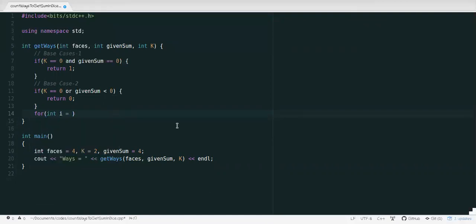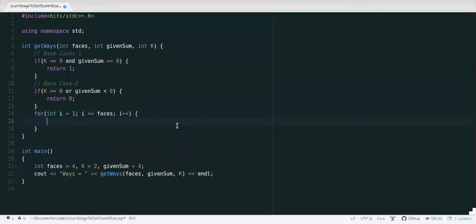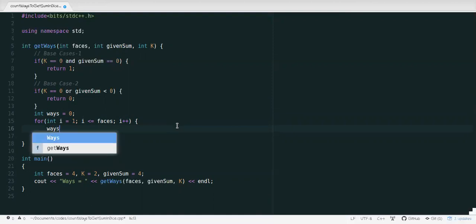So I will run the loop for all the possibilities. Okay, let's create an answer, or I will call it ways. Let's initialize it to zero, and let's call the same function for finding out each and every possibility.